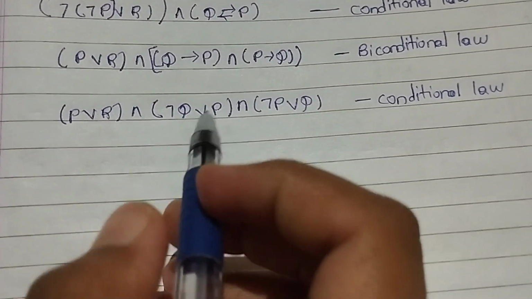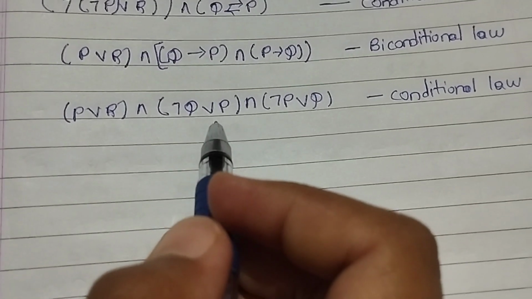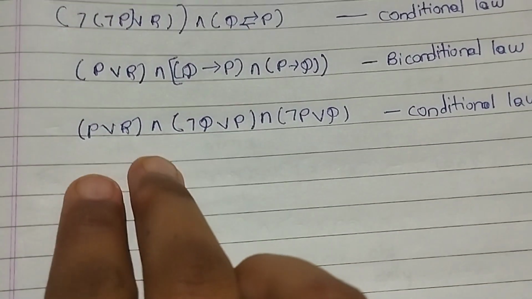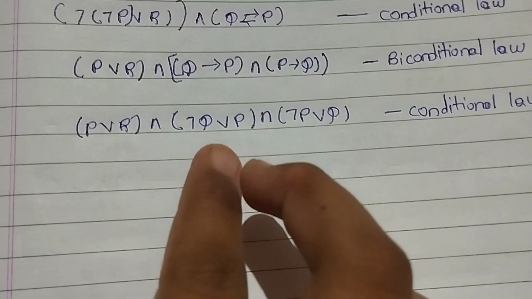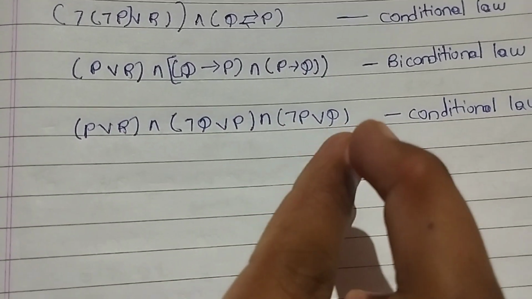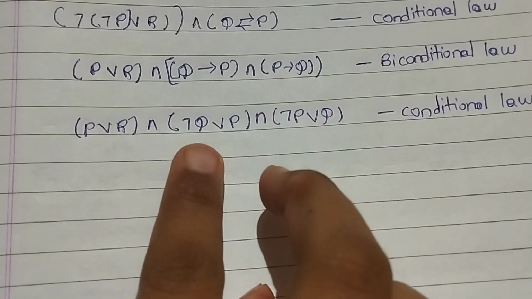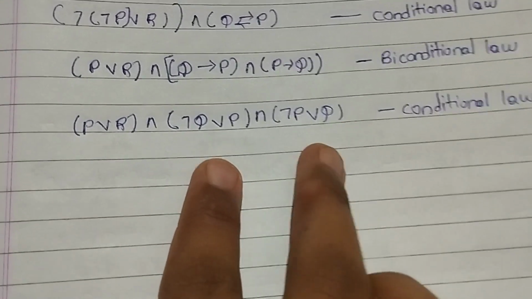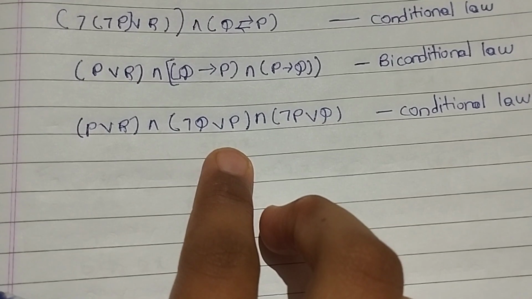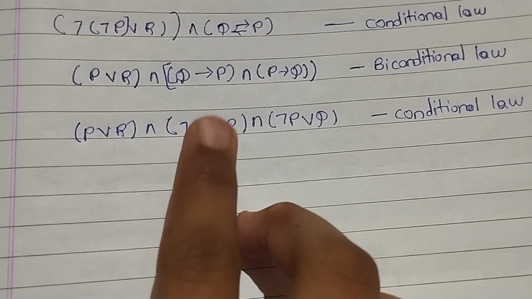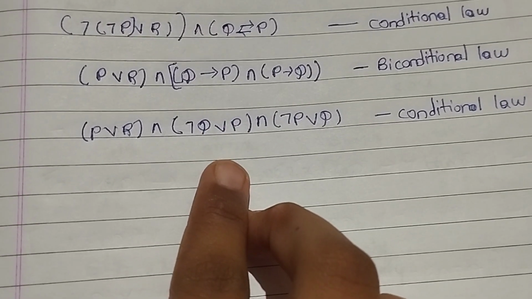Now see the equation carefully. Here P, R and Q are the 3 variables present, so each small bracket should be formed with the 3 variables: P, Q and R in each bracket. If negations are present, there is no issue. But we want each small bracket with the 3 variables, because 3 variables are present in the equation. This is the difference between DNF and PDNF, CNF and PCNF.